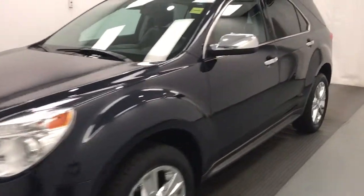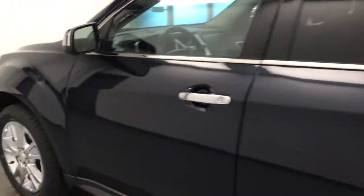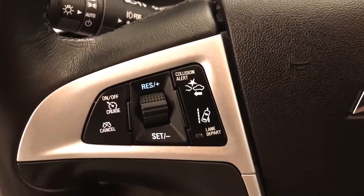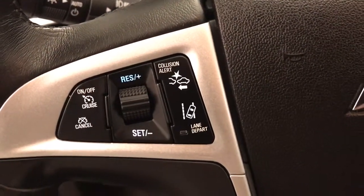Today we're reviewing stock number 173988 on a 2015 Chevy Equinox, and our exterior color is blue. Interior options include power windows, locks and mirrors, premium audio system, power seats with lumbar support, memory seats, leather upholstery, sunroof, light controls, tilt and telescopic steering wheel, hands-free communication and audio controls, cruise control, forward collision detection and lane